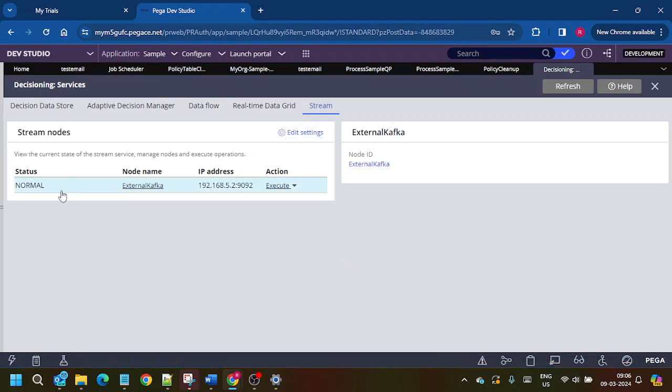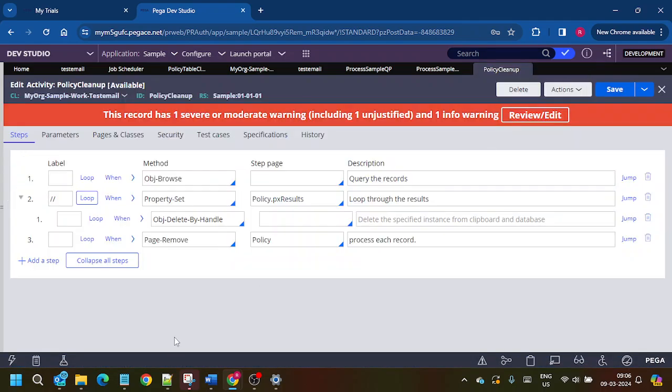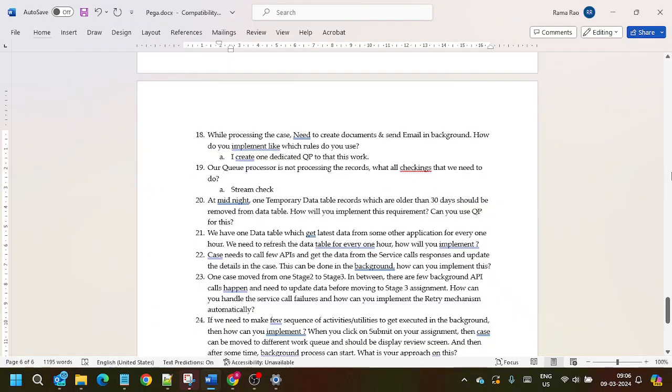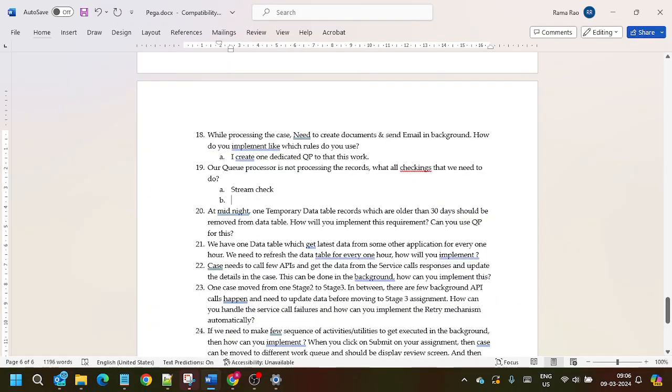It's external Kafka and it is normal. If it is not normal, it is down, for suppose it is stopped. Here I'm not able to start or stop because it's an external one. So first thing, check the stream service. If the stream service is up but we are still not getting records,